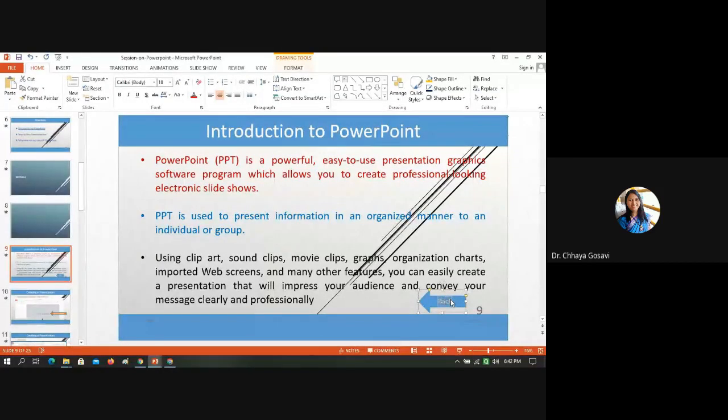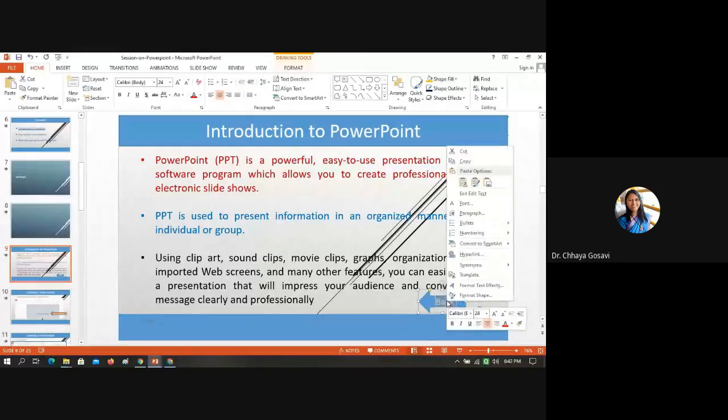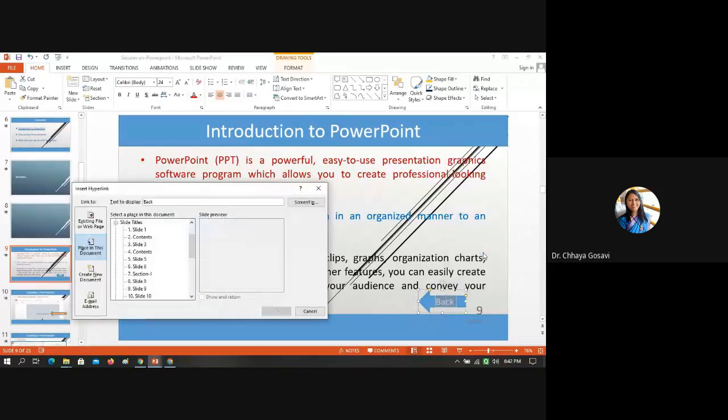I think it is visible. Just increase the font. And when I click here on this arrow, it should go back to the content slide, that is slide number 6. So what do we have to do? Select this, right click, choose hyperlink and content slide, slide number 6.